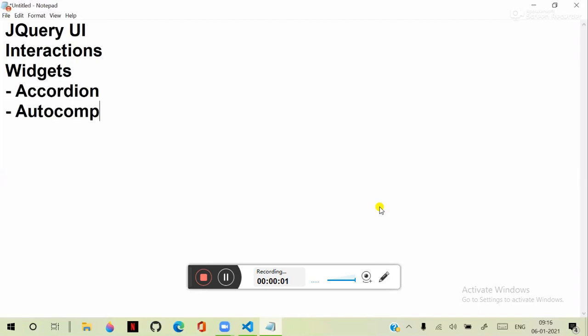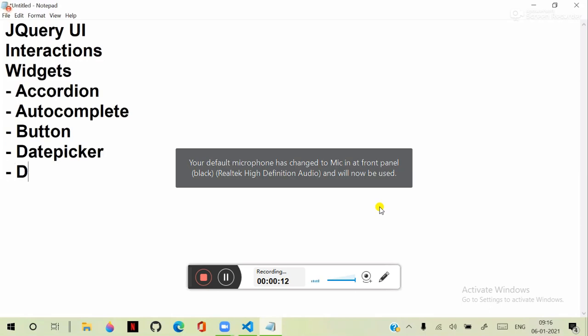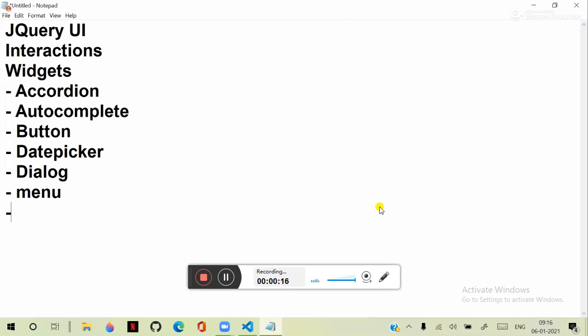Autocomplete, complete. Same like you have button. So you have like date pickers. You have like dialogues. You have like menu. So you have like slider, spinner. All these we learned in